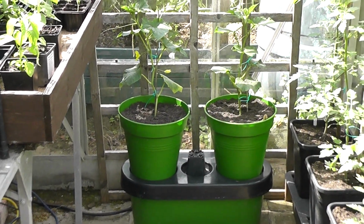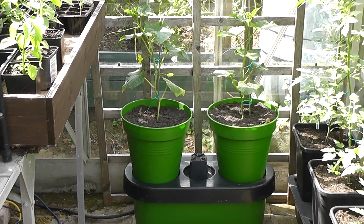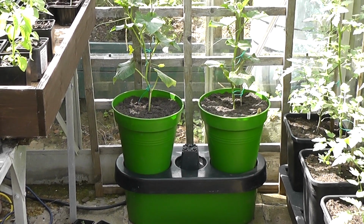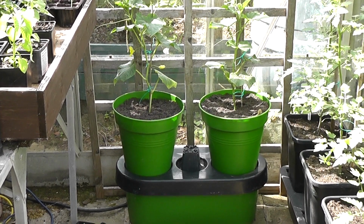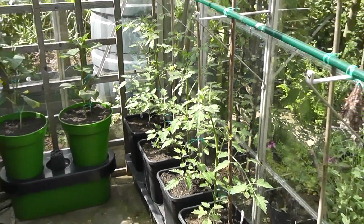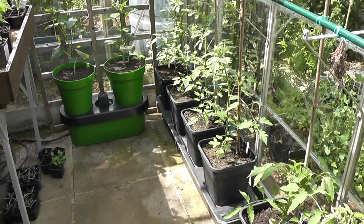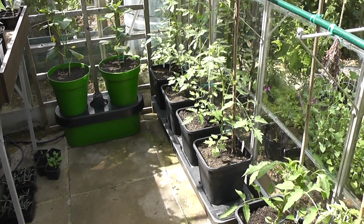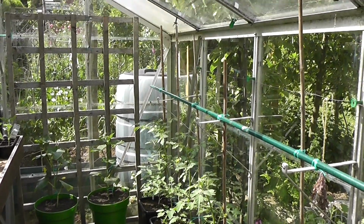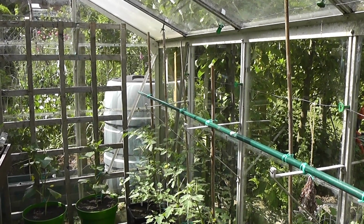You'll see that on this side of the greenhouse everything's in self-watering pots, so they've got a little wick coming out the bottom of the pot into a reservoir at the bottom, and you can put food and water in there, and just let them get on with it really. So you don't really have much maintenance to do at all with those. And the same on this side with the tomatoes. They're in reservoirs. The only thing with it is that obviously you lose a bit of length of stem on your tomatoes because they're already starting sort of 2 foot off the ground, and in a small greenhouse like this it's not long before they hit the eaves, so you probably lose a truss or two on the tomatoes